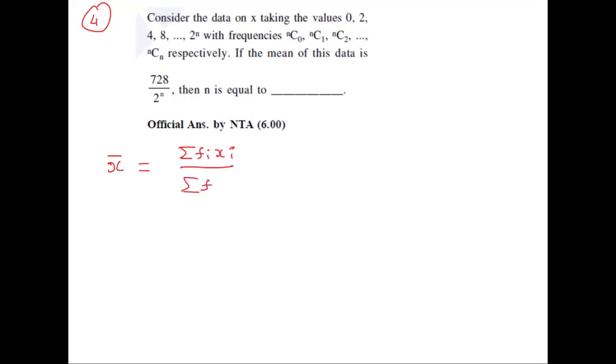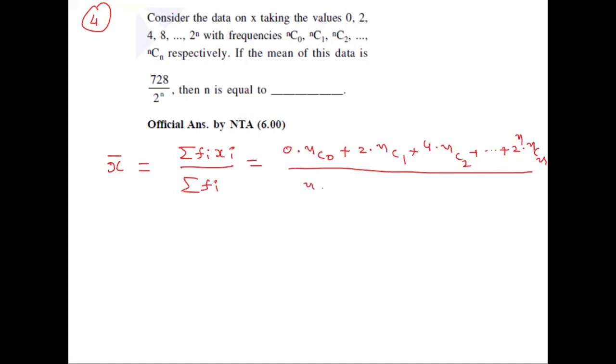This is the formula. Observe the numerator: 0 into nC0 plus 2 into nC1 plus 4 into nC2 and so on, 2 power n into nCn, divided by the frequencies nC0 plus nC1 plus and so on